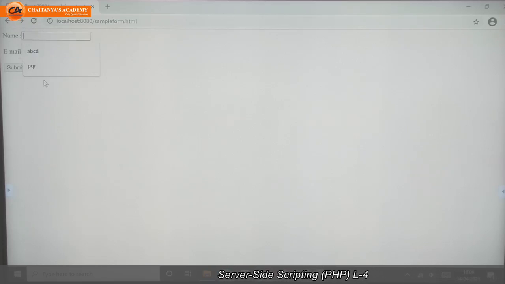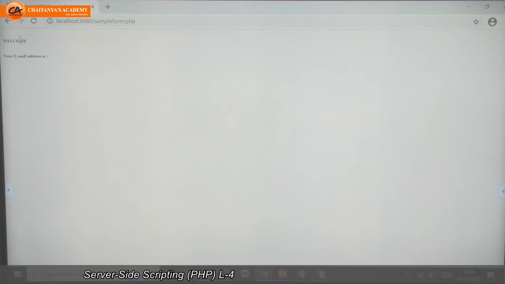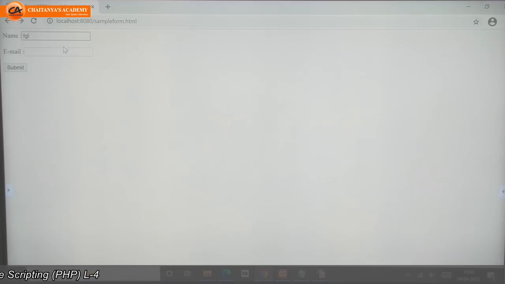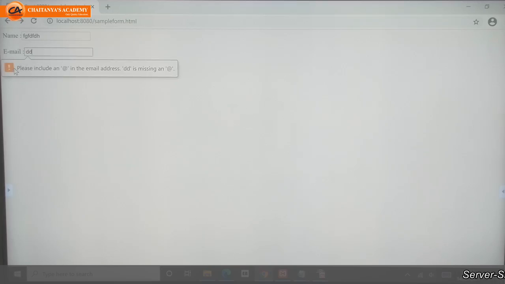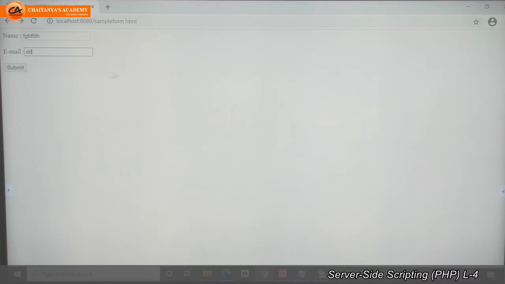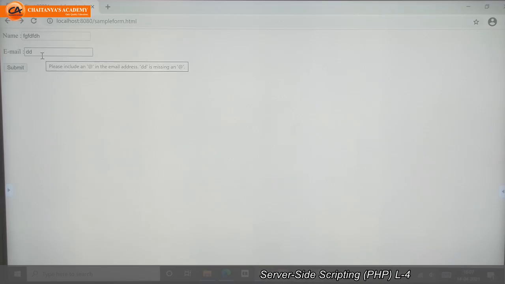If I submit without writing any information, it does not give any error. If I write some information here, it will transfer only this information; it is not asking me to enter an email ID. But if I enter only half of an email ID and submit, then it says please include an @ in the email address. So this is built-in validation.